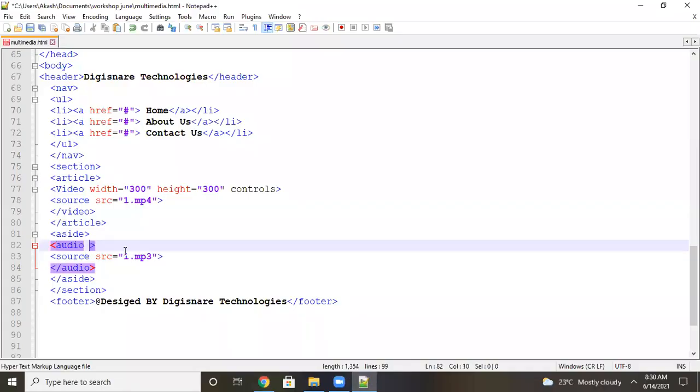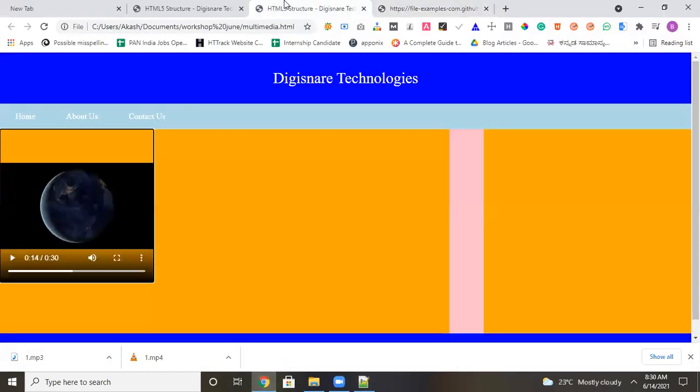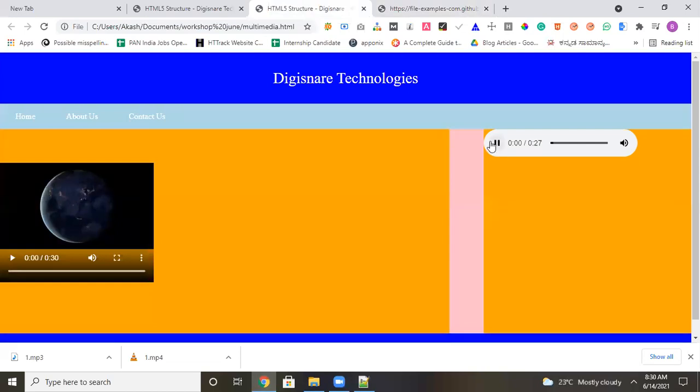I will just add controls here. Let's see. See, both things were introduced in multimedia, both audio and video tags. If you want, you can use them here.